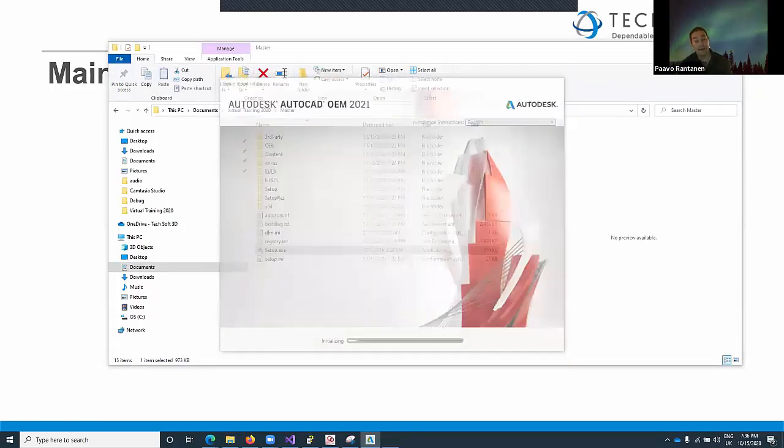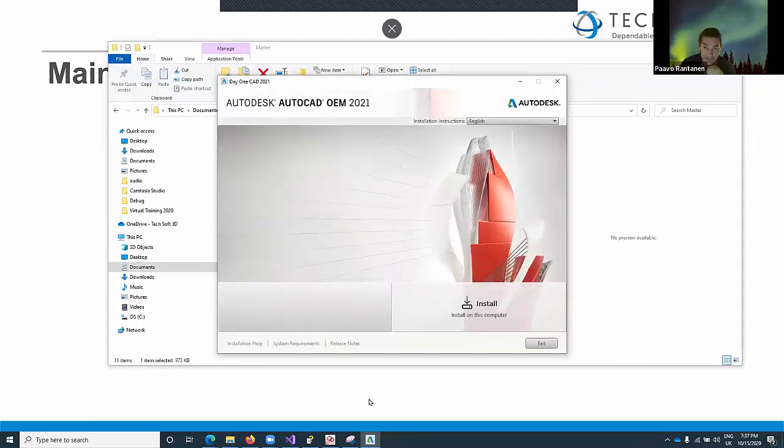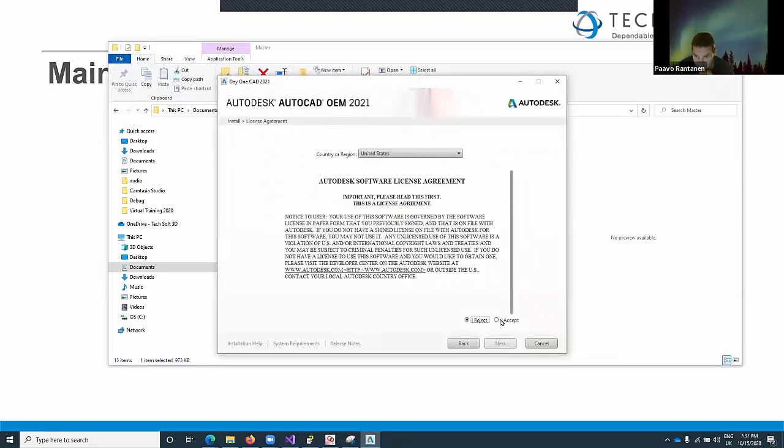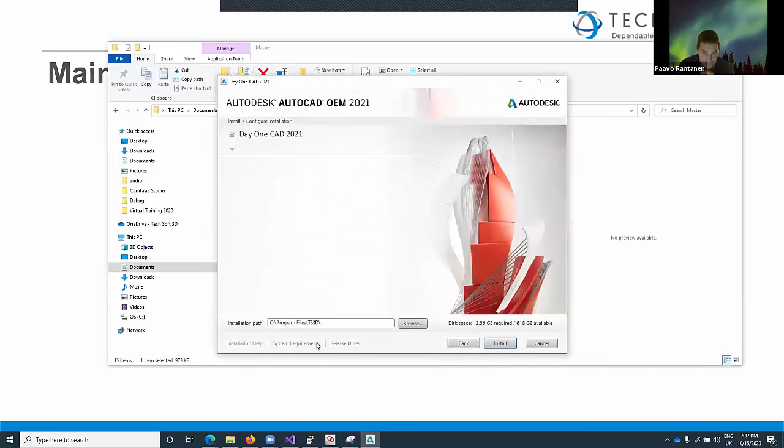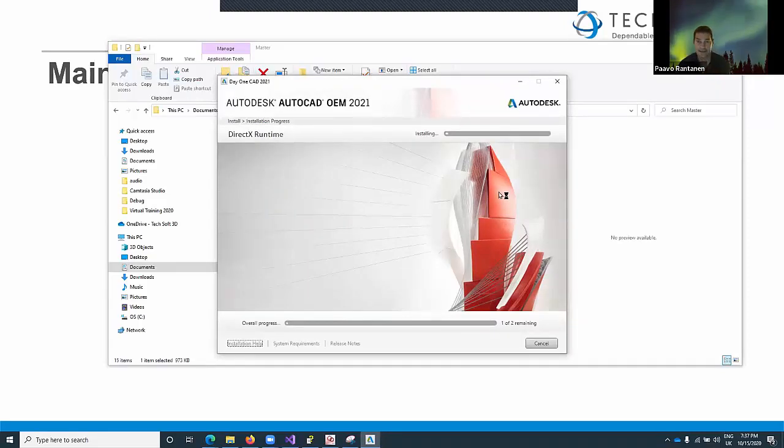So all of this branding is really simple and straightforward. You can also provide the documentation. These are simple HTML links to documents, so you can replace these with your own documentation. I'll just accept, next. And it ends up in Program Files, TechSoft 3D, Day One CAD. Let's see how fast this is. While this is